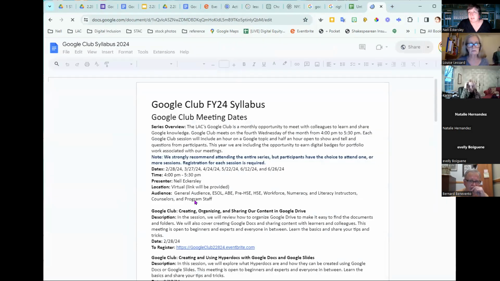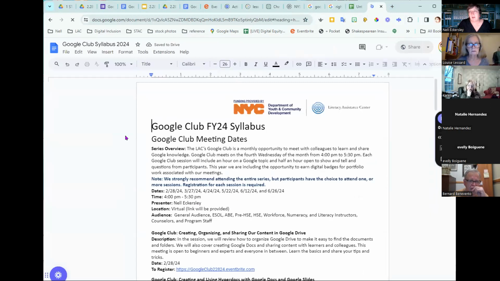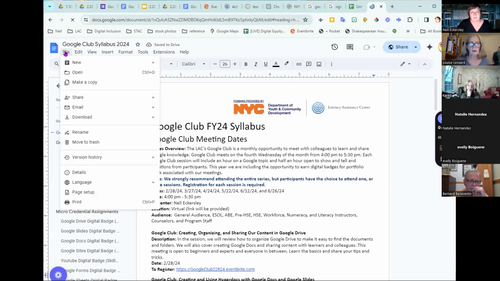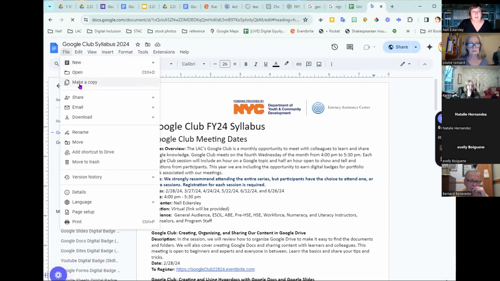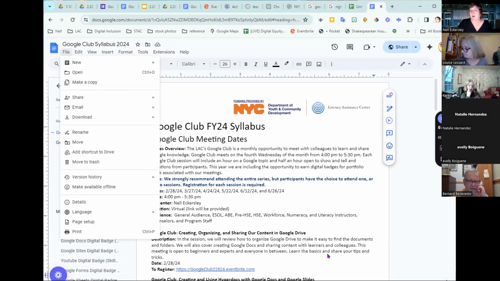But I have view only access. I can always make a copy. So I do that under file, right? Under file, I have make a copy. So you can teach your students to do it that way too. You don't have to do this cheating forced thing, and they get to see what the document is before they make the copy. So you have to decide. Sometimes it's good to do the forced copy, sometimes it isn't.